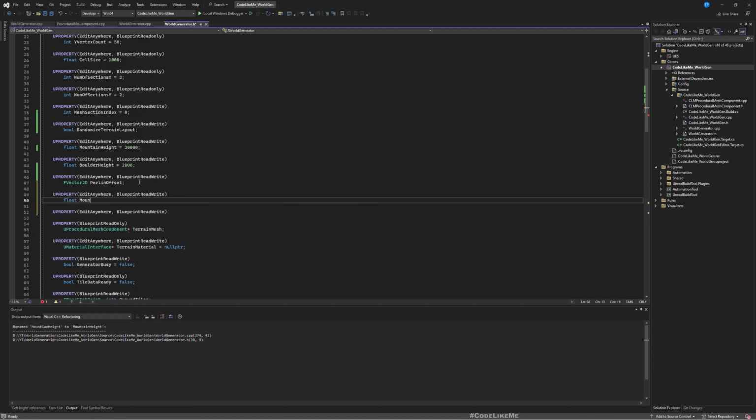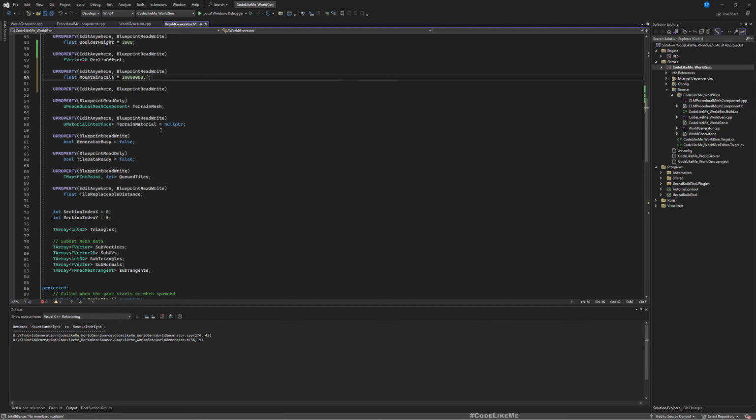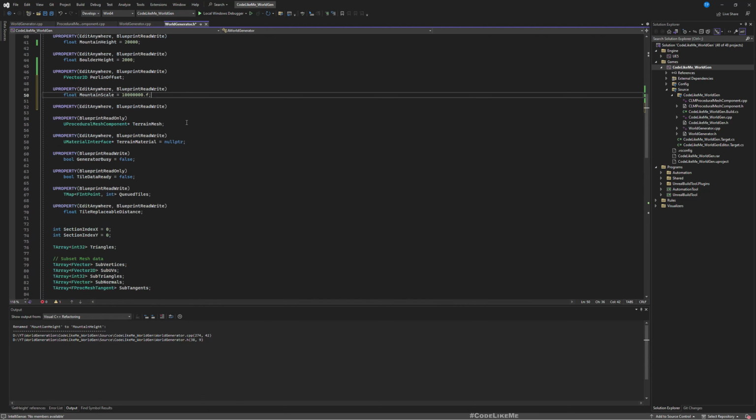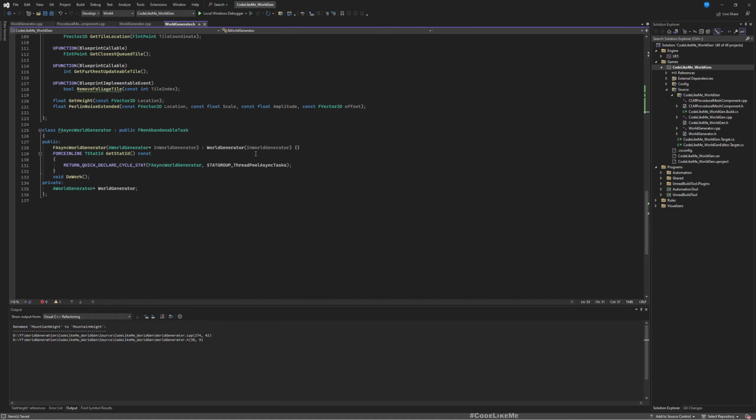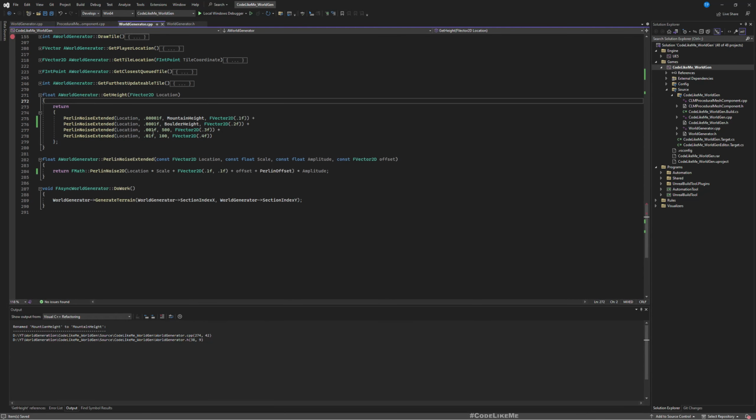Float, mountain scale. By default, I'll say this, because this is the way I'm going to use this. I'll explain after defining the variables. Boulder scale. One zero left. Here,